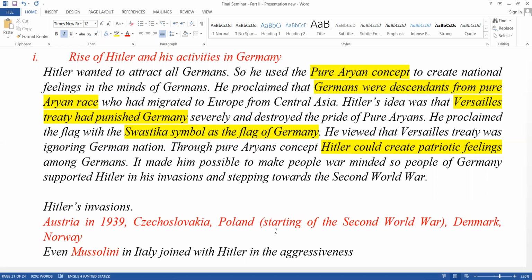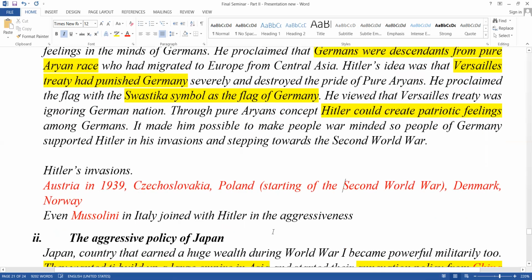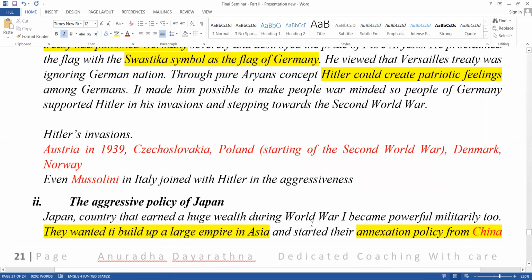What is the second reason for the birth of the Second World War? Japan. On the other side, Japan wanted to build up a great empire in Asia. It started spreading its power to the Indian Ocean side and the Atlantic Ocean side. So Japan became wealthy and militarily powerful. They wanted to build up a large empire in Asia